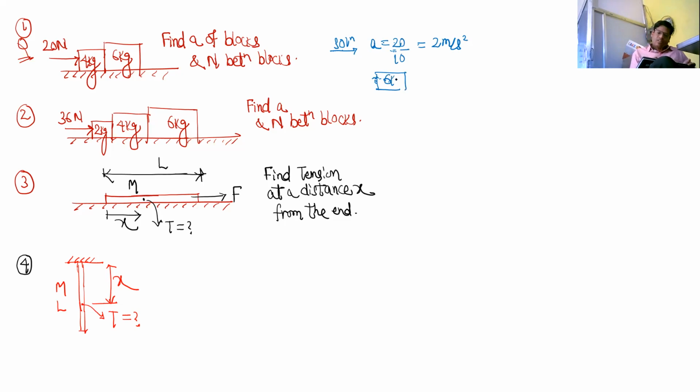So this is the 6 kg block, and here the free body diagram will be: normal reaction is acting this side, mg is acting this side, and the ground is applying some other normal reaction, let's say N1, and it's accelerating with acceleration 2. Now we are not interested in finding out N1, so we won't write the equation in the vertical direction. We will only write the equation in the horizontal direction, and that gives me net force equal to ma. So ma is 6 into 2, that is 12 Newton.